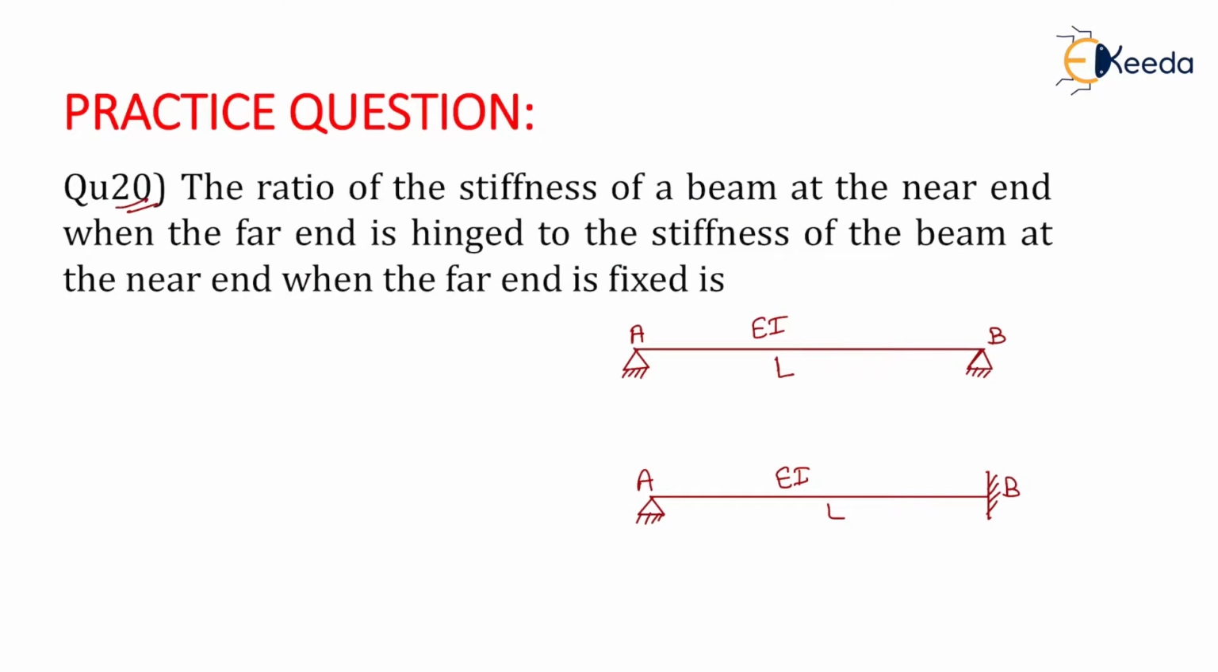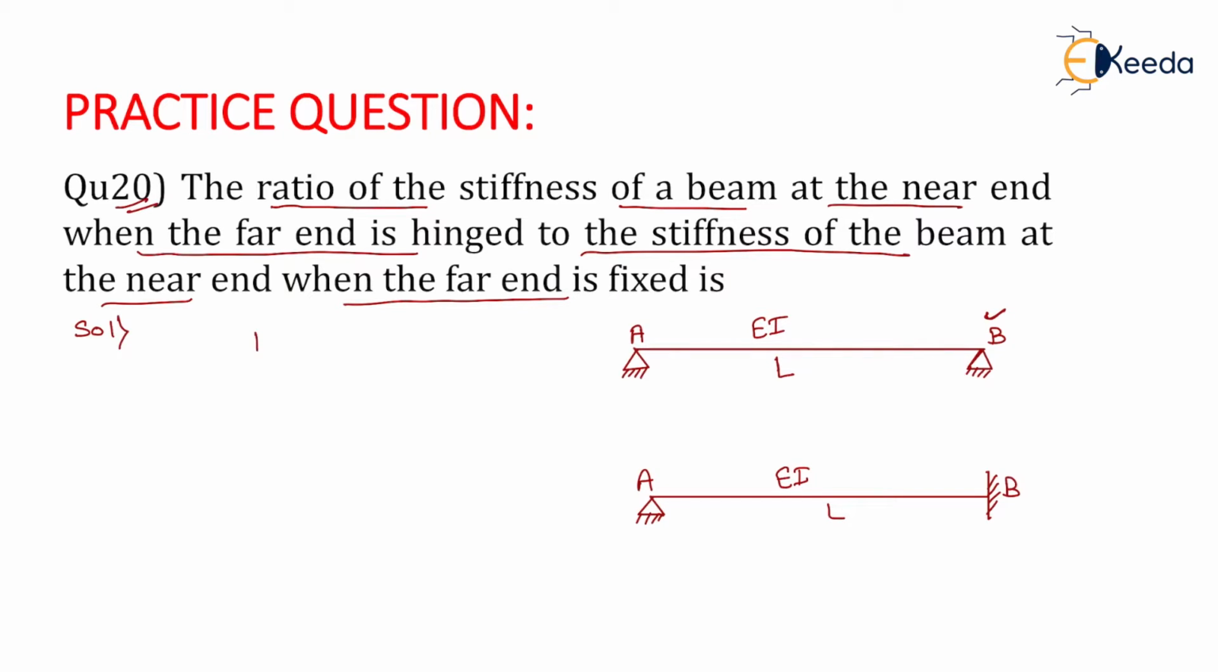The question is written as: the ratio of the stiffness of a beam at the near end when the far end is hinged to the stiffness of the beam at the near end when the far end is fixed. Now we need to determine the ratio of stiffness when the far end is hinged to the stiffness when the far end is fixed. From the previous lecture we get a concept that when the far end is hinged,